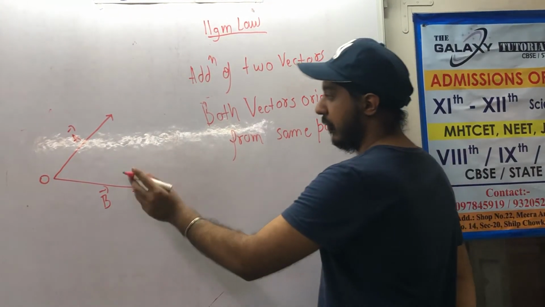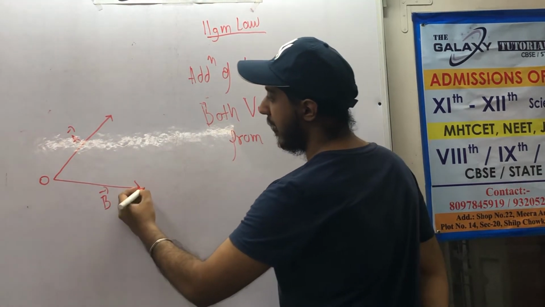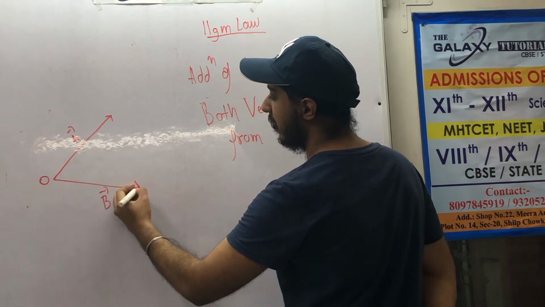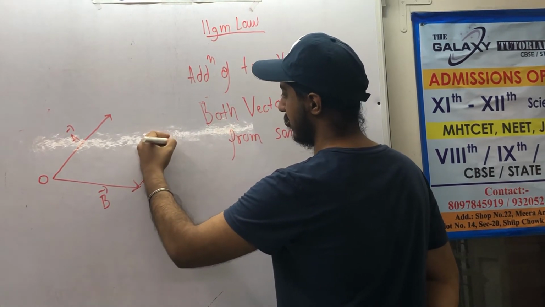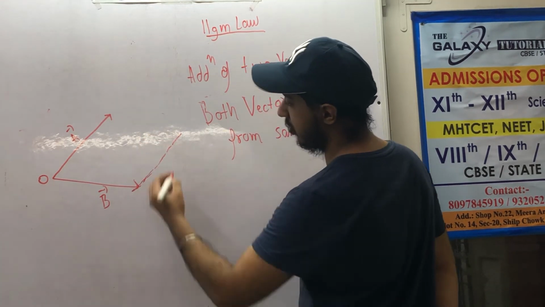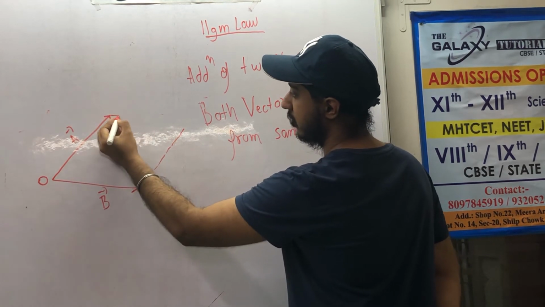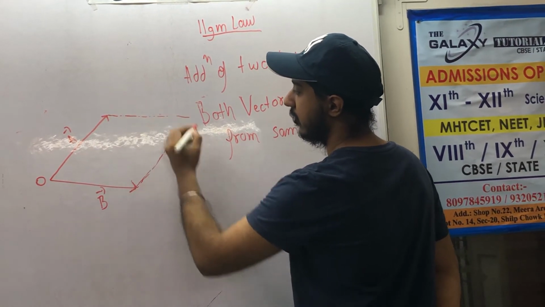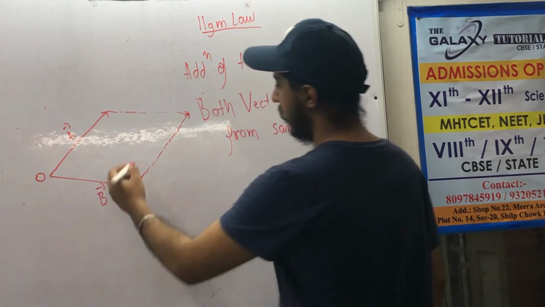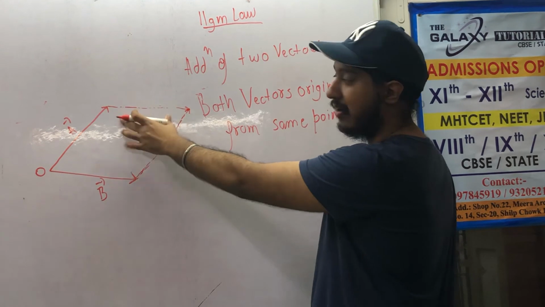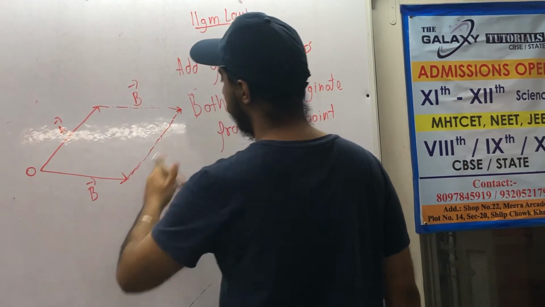Basically, I said the parallelogram formed by these two vectors. So how will the parallelogram be formed? I will simply make one parallel side here in dotted. I will show it dotted because it doesn't exist. It's just imaginary, it's not real. And another I will make parallel to this one. This vector here and this vector here, because they are parallel and of exactly the same length, I will name this as B, and I will name this one as A.